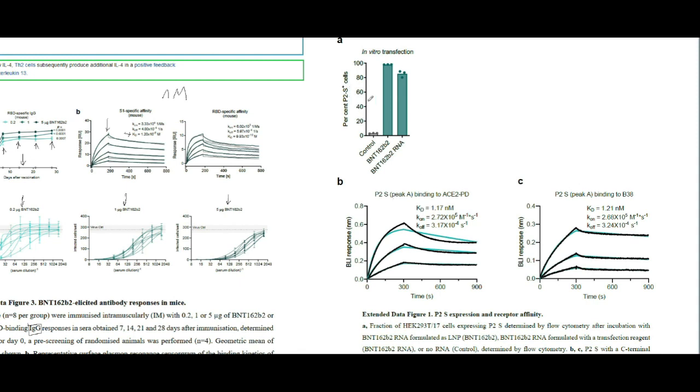So this is actually the expression of their antigen that they're looking at here. And so, as you would expect, the control doesn't express any of it, because why would it if you didn't put any of it in? And these two are expressing the antigen, which was that